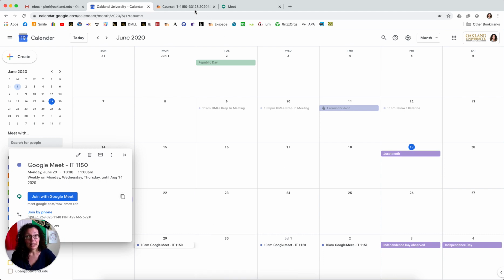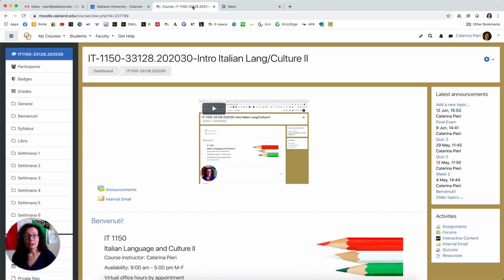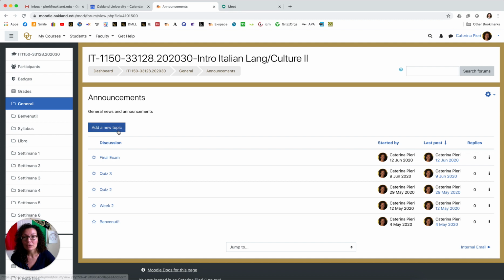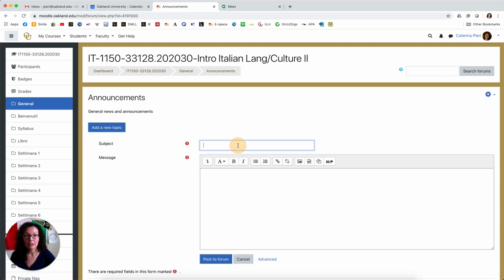And we can go to our Moodle page. One thing that you can do is to simply create an announcement. Let's see, you see when you do an announcement, you add a topic, and you can say, for instance, Google Meet instructions.